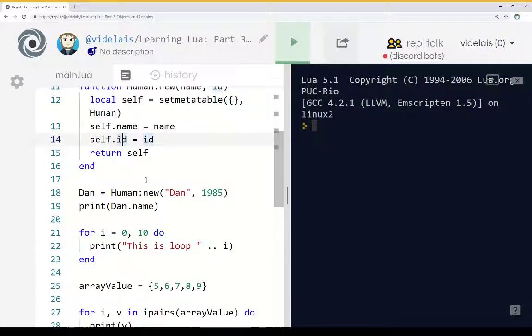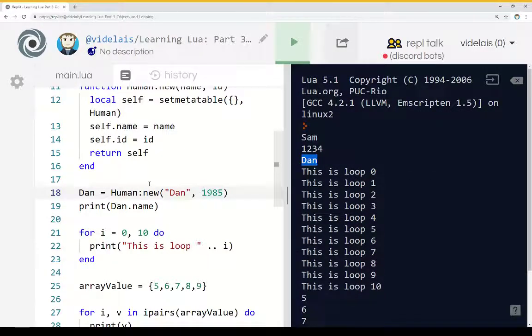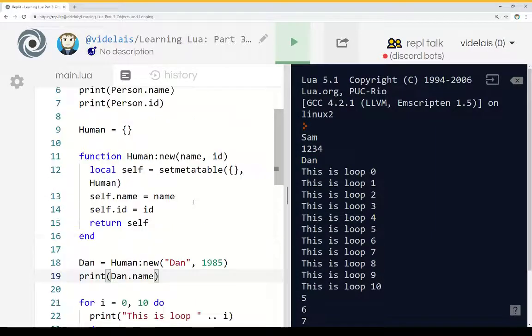So we see an example of that right here. Dan equals human colon new, with the variable Dan and 1985. If we run this, we see Dan. Print line 19, calling the print function of dan.name. So this allows us to create new functions